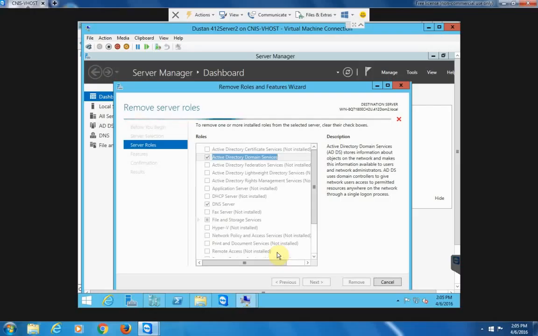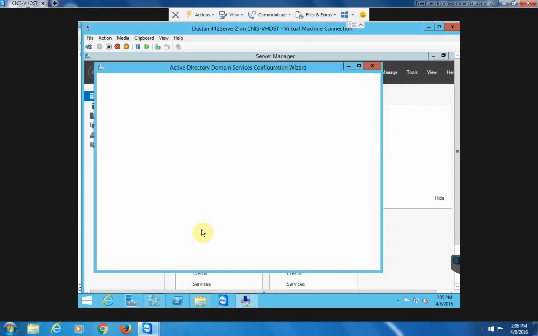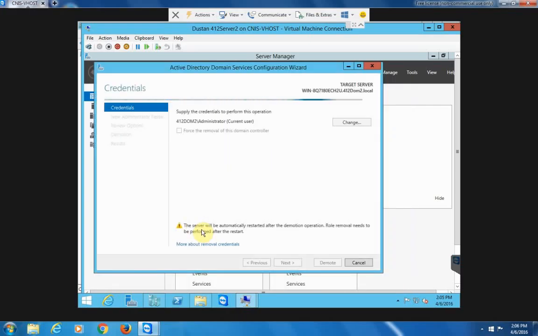The validation result message box should be popping up here soon. It will state that you must first demote the domain controller, and when it does, we're going to click demote this domain controller. The Active Directory domain needs to be demoted. In the credentials window, you must enter enterprise administrator credentials. So click change, and in the Windows security dialog box, when it gets there,